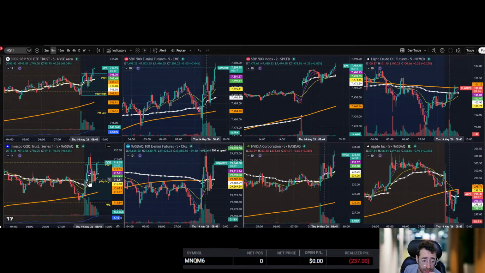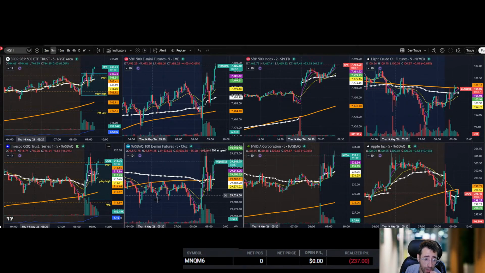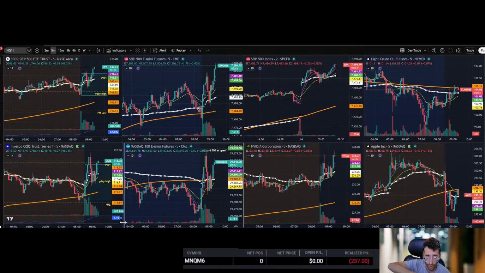I just don't trust these candles that are going down and then going all the way back to the top and then going all the way back to the bottom of the other one. That will slap you. If you're in this and then this one goes all the way back down to the bottom, now you're red like $600, right? And it'll happen in 1 second. So that's why I took profit. When the candles are going back and forth like that, that's the most dangerous time to be trading. You see, it's very dangerous.